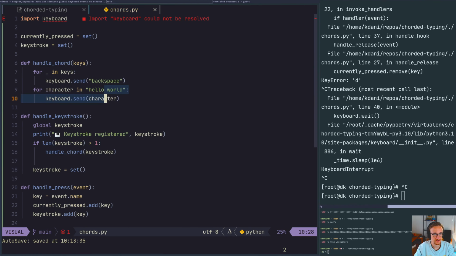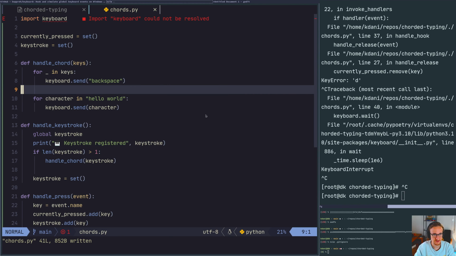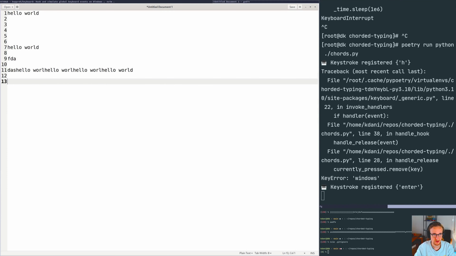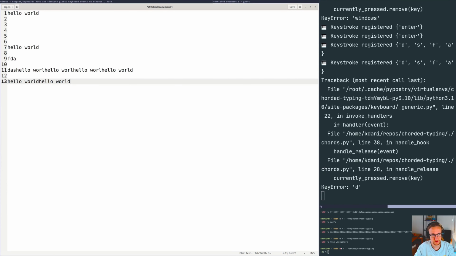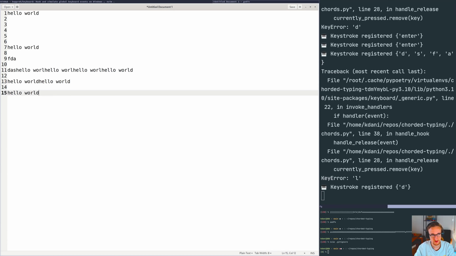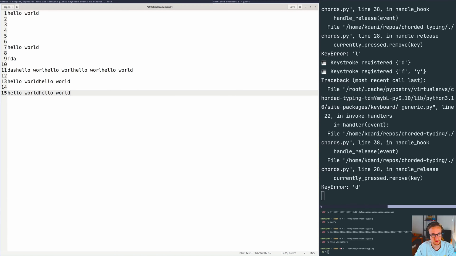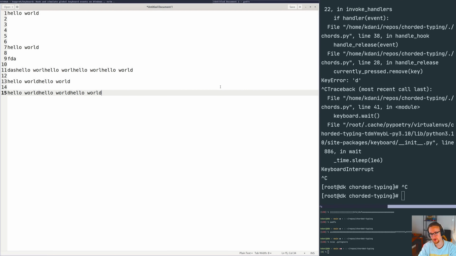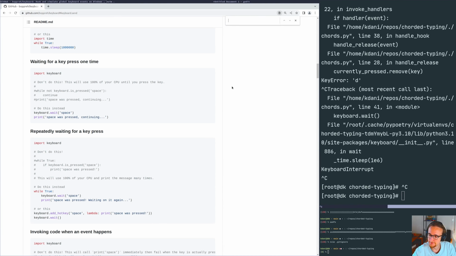Oh, of course this doesn't need to be nested here. Okay. Okay, that seems to be working really well. Okay, so what about